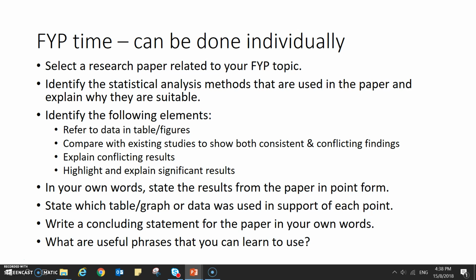In your own words, state the results from the paper in point form. State which table or graph or data was used in support of each of these points that you have stated. Write a concluding statement for the paper in your own words. What are useful phrases that you can learn from this paper that can be used